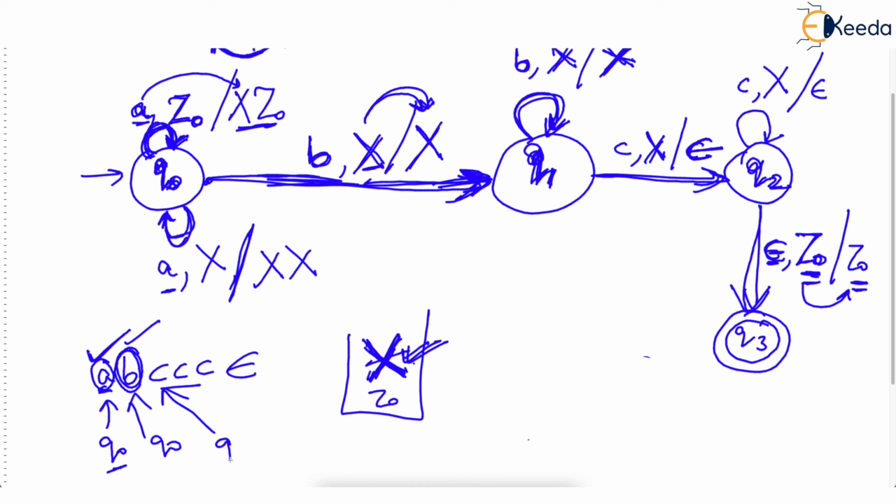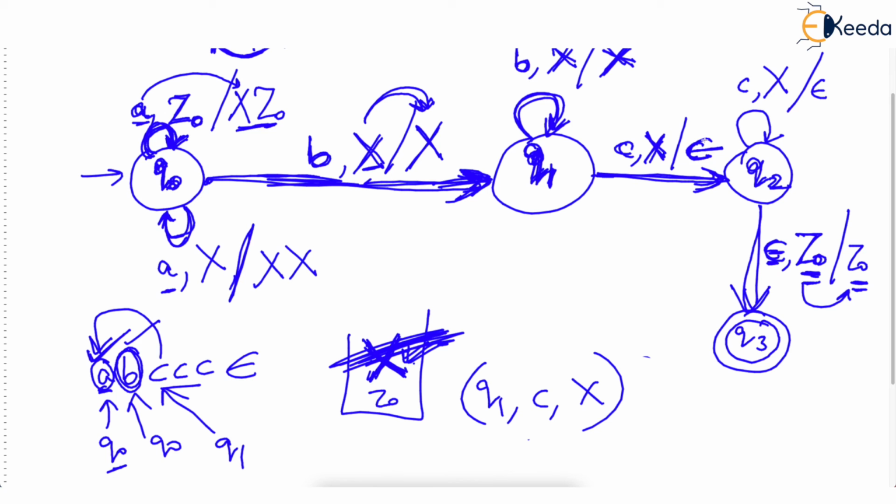Now in Q1 state, machine reads C. In Q1 state, machine is reading C, top is X. Yes, that means we can cancel out an X, because C has to be matched with A. So as we are cancelling out X, we are moving to Q2. So now the machine is in the new state Q2. I hope you are understanding. Yes, we have cancelled out one X, and now the machine is in Q2 state.